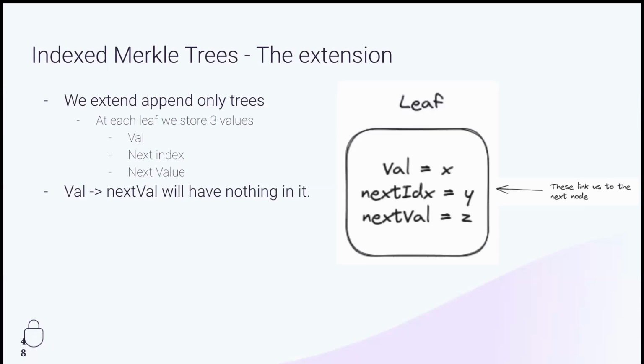For all of the leaves in this indexed Merkle tree, we'll keep the value and a pointer to the successor, and then we can just append these as an append-only Merkle tree. So it will essentially be used as a list. You just insert into the next available spot, and then you need to go back and update previous leaves. But if you have this at hand,